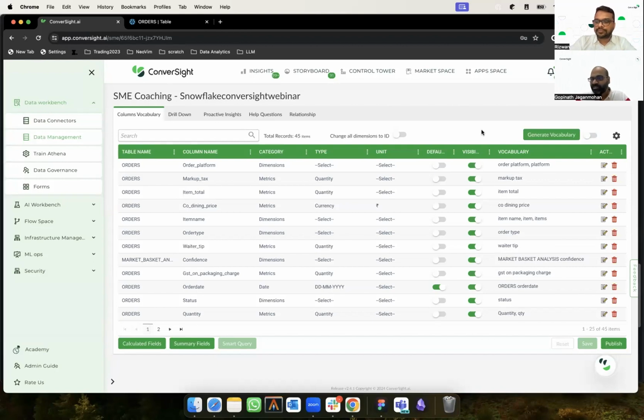Second, we also provide a GenAI capability. We have integrated the skill engine and GenAI here, and you can ask the ConverSight platform to generate those vocabularies. It can actually do it, so it eases the pain. I have heard a couple of our customers come in and say, hey, we have a huge amount of data. Let's say we have hundreds of tables sometimes.